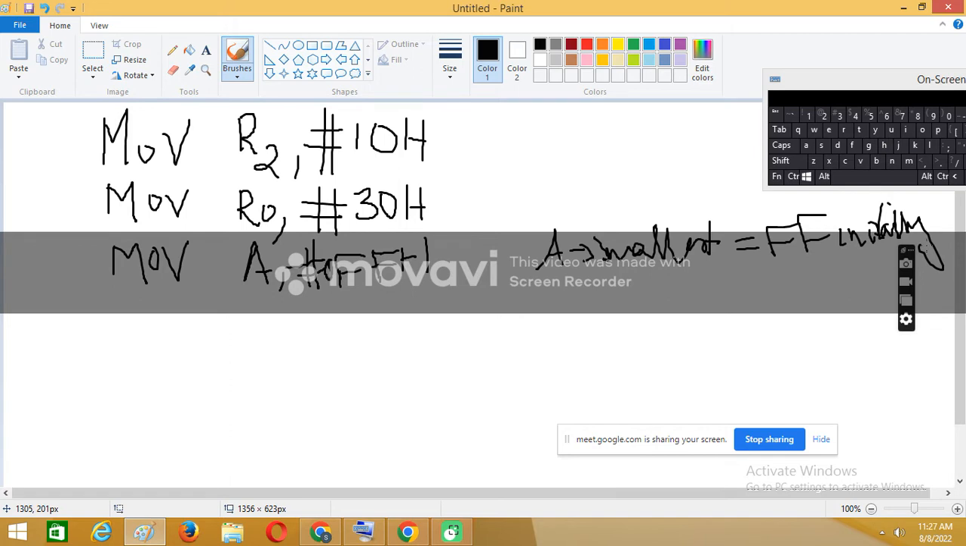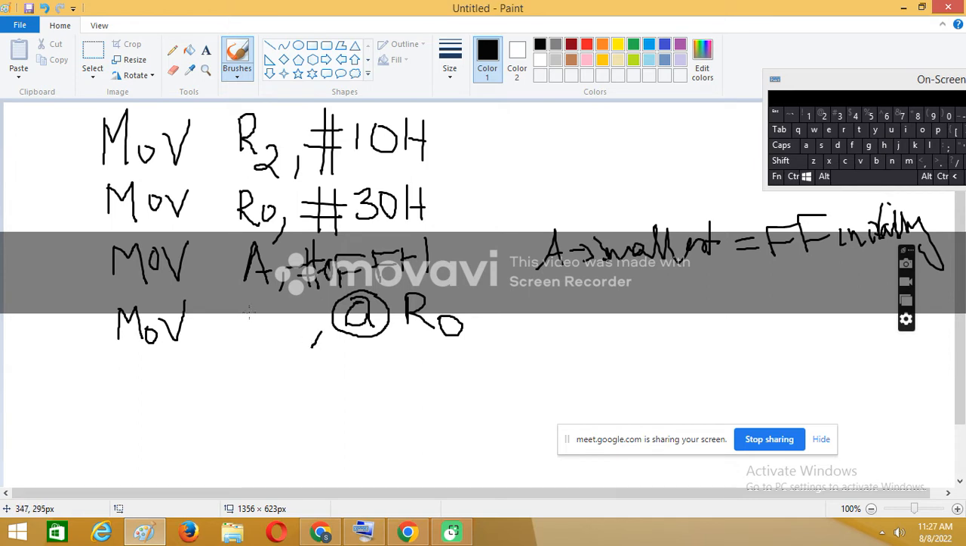Yes. Now, I have to take the first number. The first number is in 30. Instead of 30, I have put it in R0. I can call it @R0. @R0 means the content of R0. The content of R0 is 30. The content of R0 means the content of 30, that means the first number. So if you mention @R0, I will get the content of 30, the first number. You take it to some